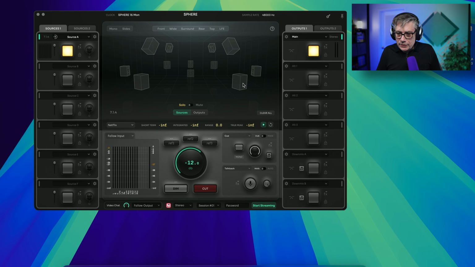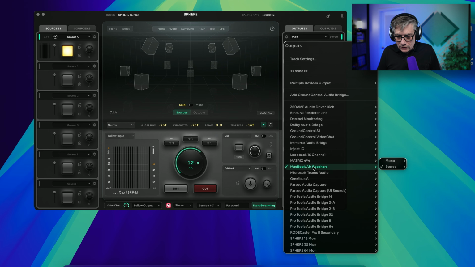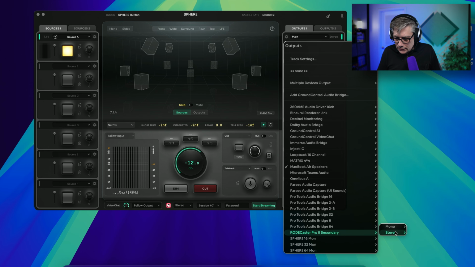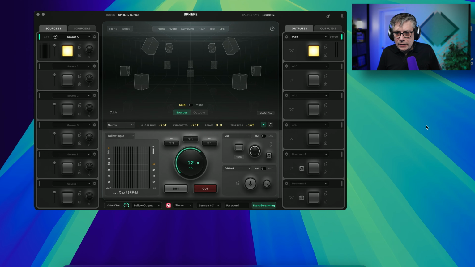Now, before I continue with that, let me first go over to the outputs. For the outputs, I currently have the MacBook speakers. I don't want those. So let me go over to the Rodecaster and select the front left and right as the main output. This will now take the first two channels of the input and send them into the output. So it's not going to automatically downmix. That's something that you need to set up manually. It will actually do that automatically in the downmix options. And once again, we're going to talk about those in a second.